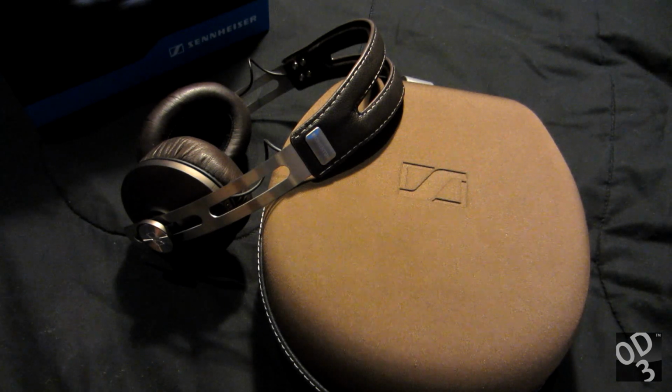Hello guys, this is going to be a review of the Sennheiser Momentum, as well as brief comparisons to the Ferrari T350 and the previously owned M100s. The Sennheiser Momentum is Sennheiser's addition to the lifestyle headphone, and essentially the lifestyle headphone is a headphone that tries to capture and put emphasis towards the style as well as the comfortability and durability of the headphone